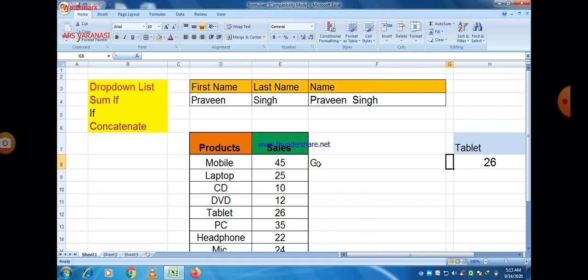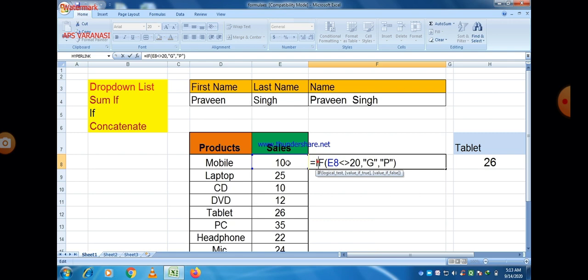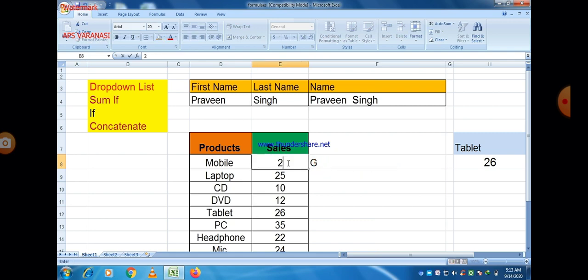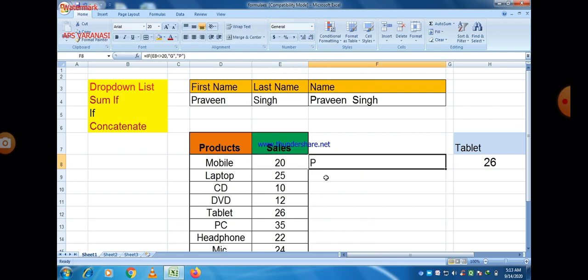Now you can easily see that instead of writing good and poor, we write G and P here. You can see the value is changed here. If it does not follow the criteria, say 20, so if we write 20 here, then poor will be shown. So that is the symbol of not equal to. So: less than, greater than, less than or equal to, greater than or equal to, not equal to.